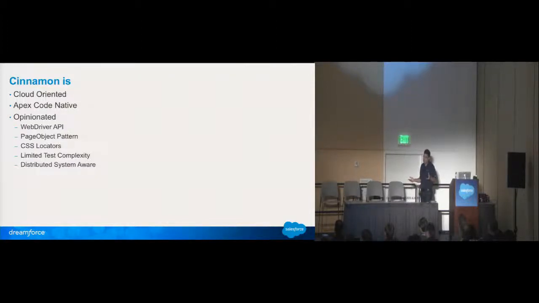So for example, if you have your own developed test system, let's say written in Java, you probably have to use our APIs to actually interact with the system and set up data, tear down data, and so forth. So there's one more layer of complexity there. Being Apex Code native, you don't really need that. You just write your tests in Apex. You can reuse all those nice libraries that you may have already developed for developing your application,